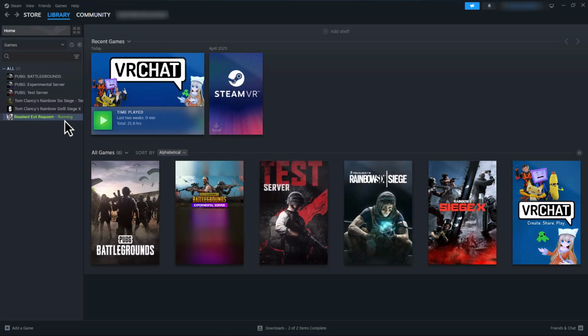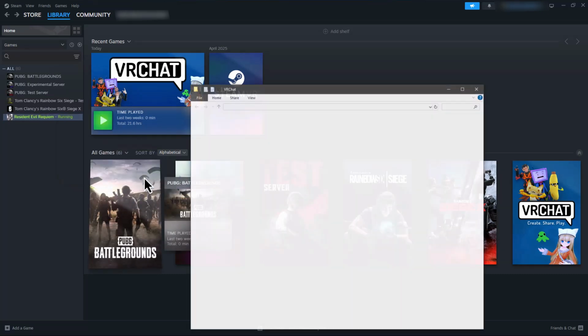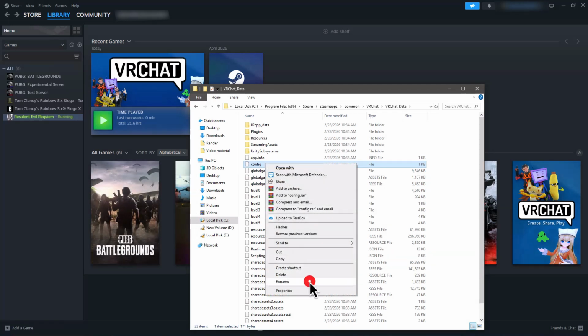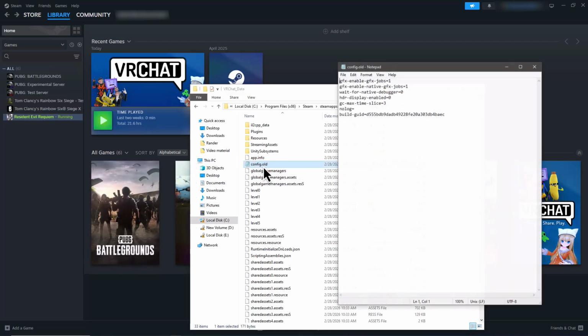If that does not work, rename the config file. Right-click on the game in Steam, select Manage, then click on Browse Local Files. Right-click on the config file and rename it. Then launch the game. Next, open the config file and make sure Frame Generation, DLSS, and NVIDIA Reflex Low Latency